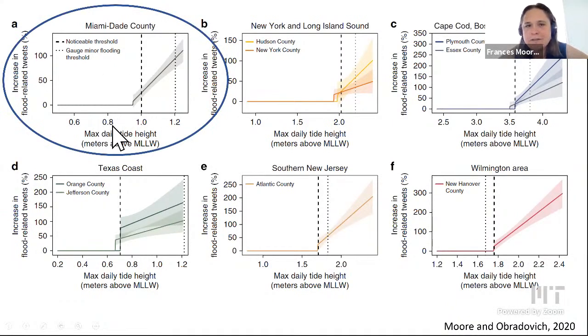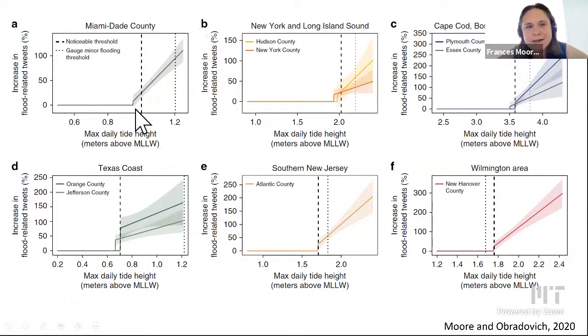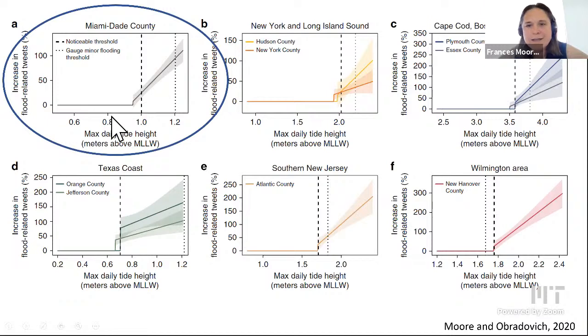So first, if you focus on the Miami-Dade graph here, what I'm showing you is our fitted response function in gray, with the 95% confidence interval shaded around it. And so you can see how we estimated the threshold here. And then the dashed line is showing you the noticeable flood threshold, right? So this is the 25% increase in flood-related tweets. The dotted line in each graph is showing you the tide gauge. So this is for our matched tide gauge, what does that tide gauge think of as a minor